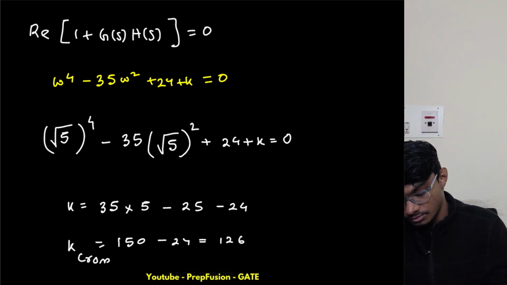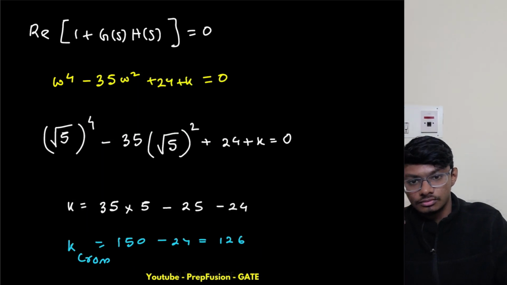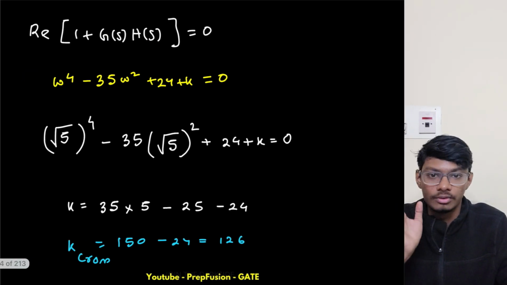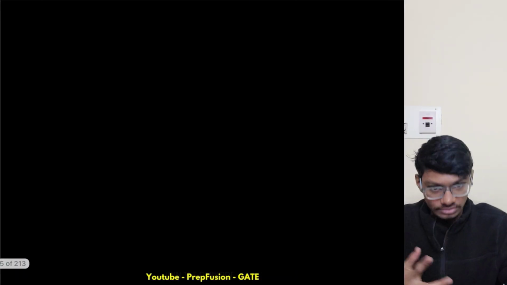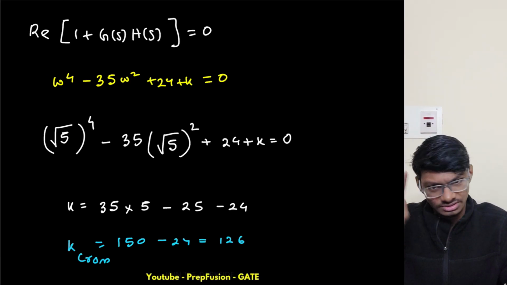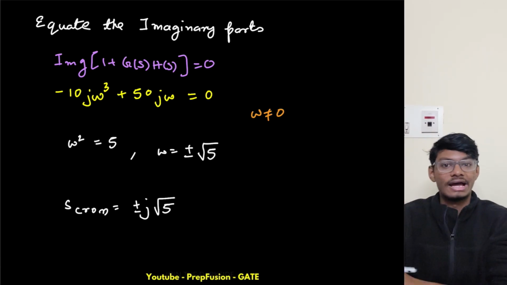Okay, so I got my k value right from here. Or what you could have done is use the Routh-Hurwitz table also. That will take time, but still, okay, let's use it. But this is the easier method. Okay, don't need to stress much. Just to show you that you can use that method also, just to have the revision